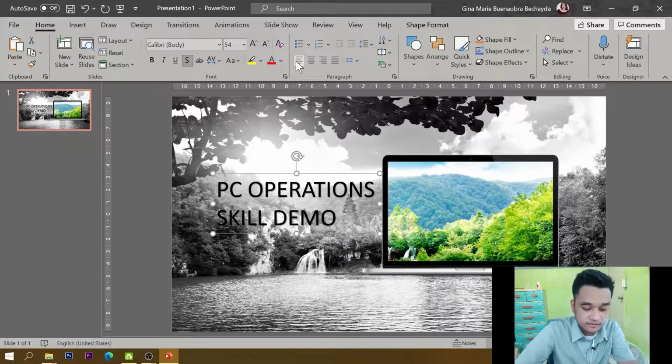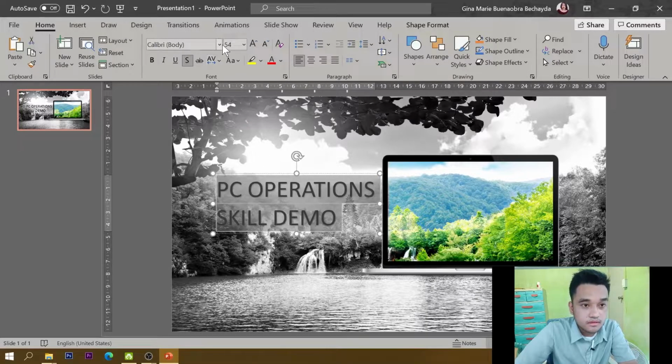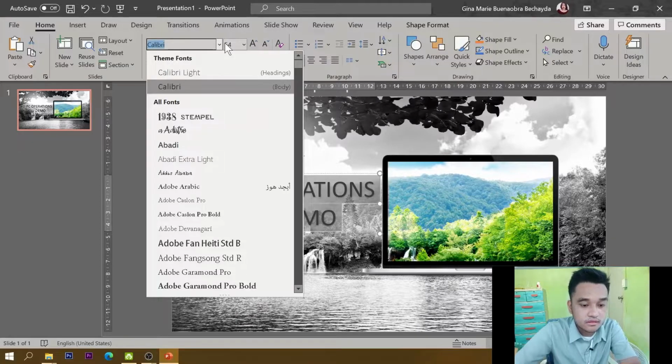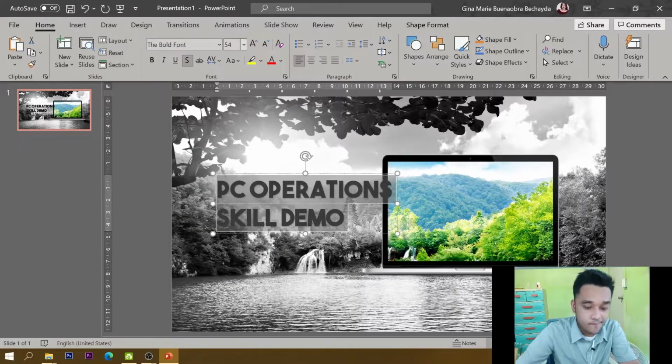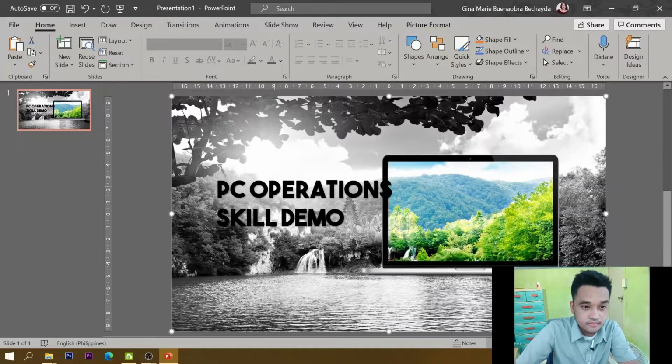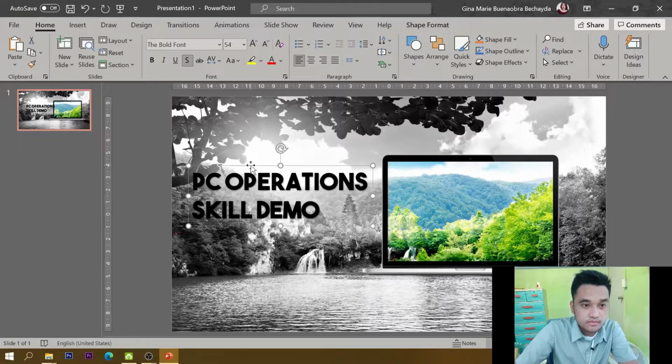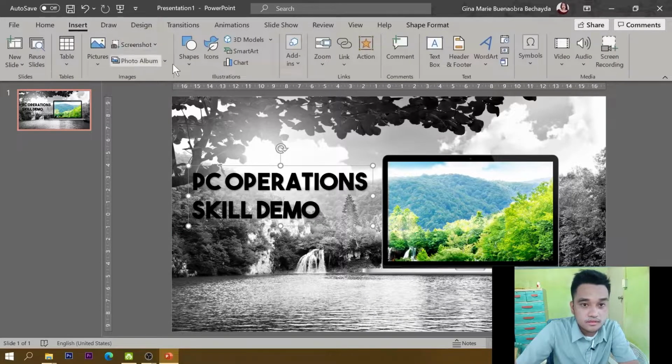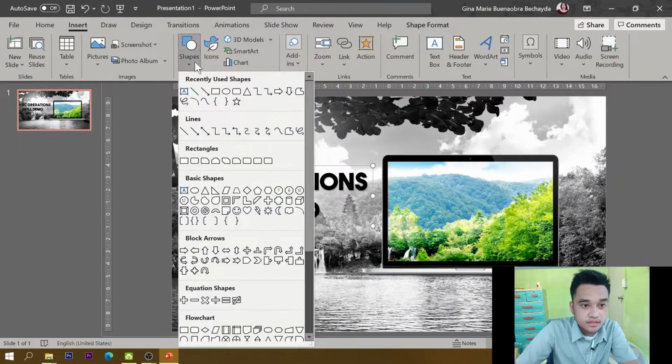And we change the font style to the bold font. Okay. Then go to insert shapes and choose parallelogram. So go to insert and shape and choose